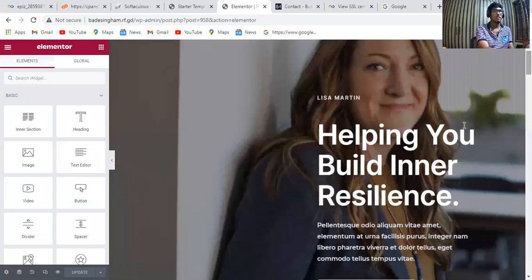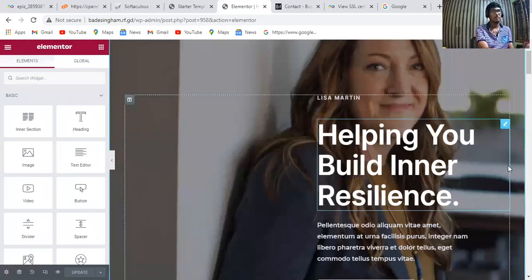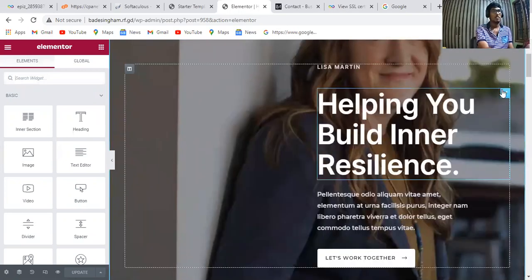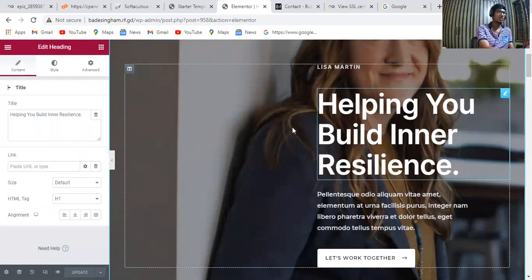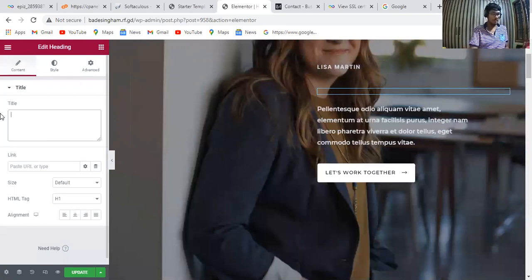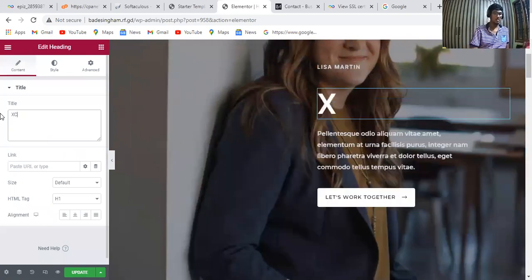I'm going to change all those things here. Let's see. Okay, I'm going to edit all these things here. So let's see. I'm going to enter the title name as Create a Free WordPress, Create a Free Website.